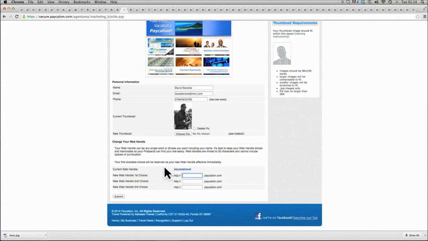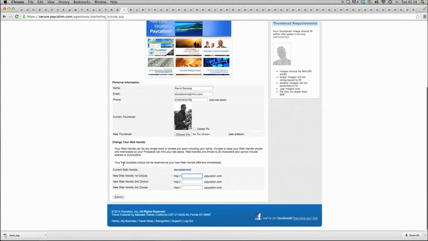So down here is where you can change your web name. Now my current web handle is set to DaCosta Travel. I personally don't feel you should have your first name or second name as your website name. It should be something a bit more simple to remember and a bit more catchy, such as I Love Travel or travellovers.paycation.com. So I'm going to change this now from DaCosta Travel. I'm going to see if I can change it to